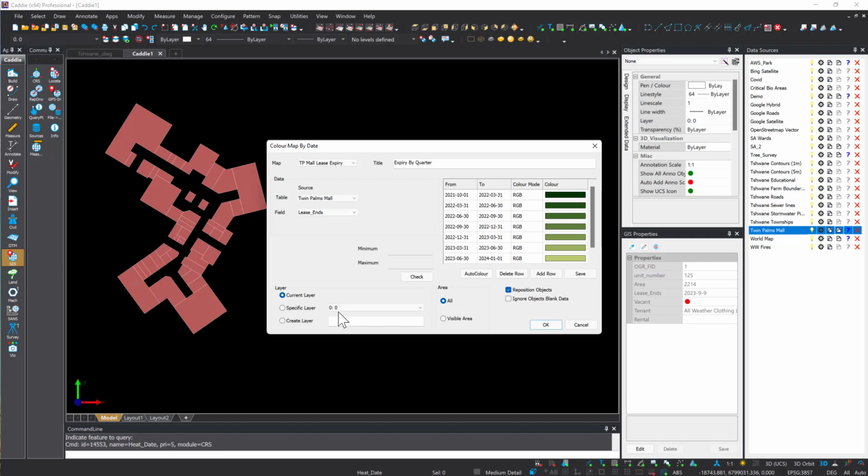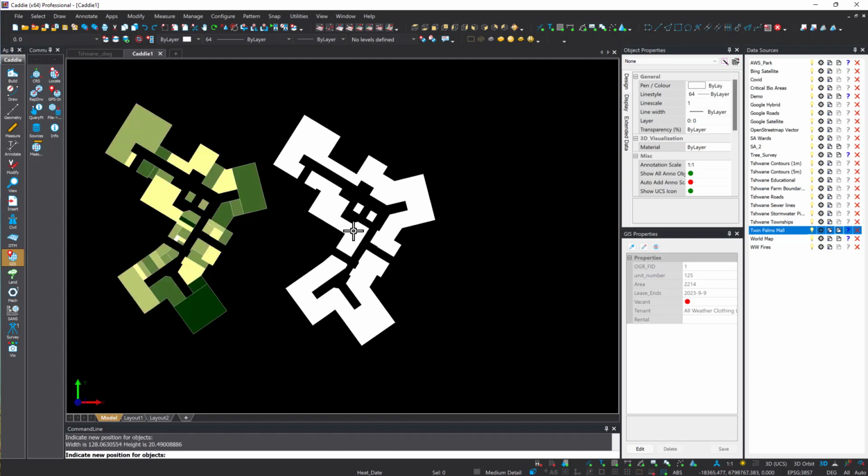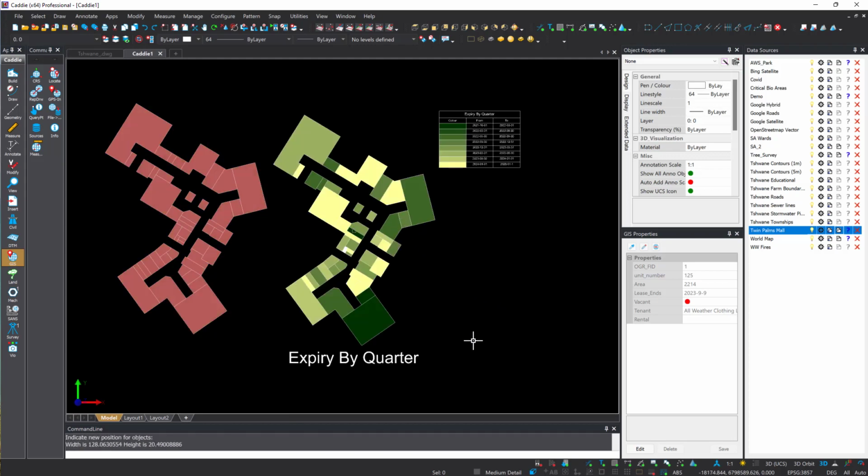So we can choose which layer we put it on, we can check the data, and we can do all the other stuff, but we're short of time here, so let's just click on OK. It's going to give us a copy of the mall drawing. We're going to put it down somewhere, and there we go. What that's given us is a key on the top right there,